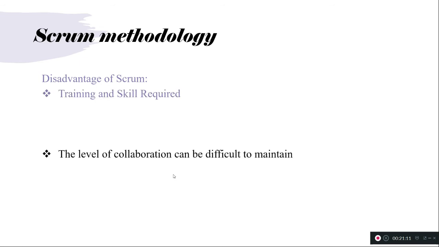The next one is that the level of collaboration can be difficult to maintain. We need to interact with the stakeholders, like the end users and the client, and within the organization with top management, to adapt to Scrum. So it's very difficult to collaborate with all the people and get the requirements as quickly as possible.